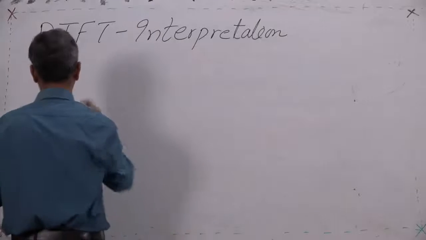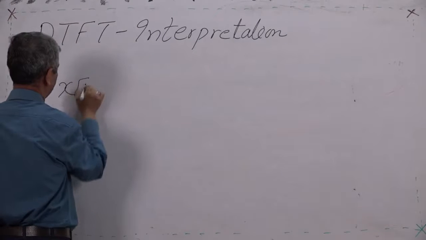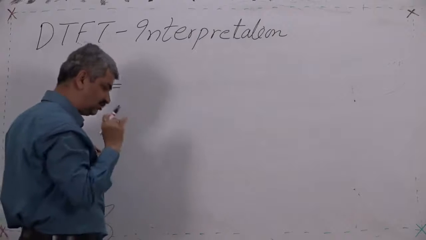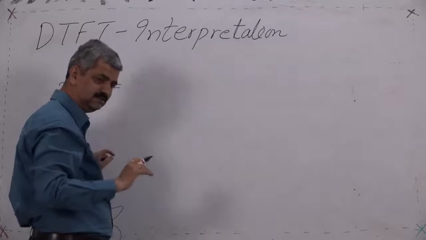So the given sequence is x[n] equal to, I am assuming that it is